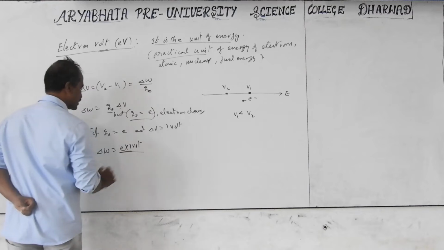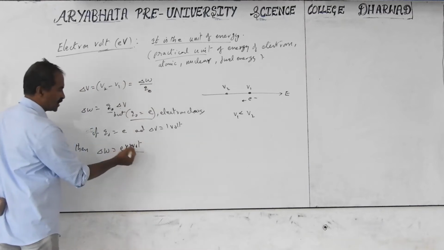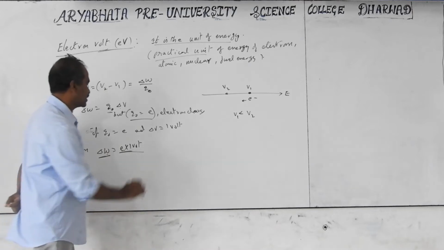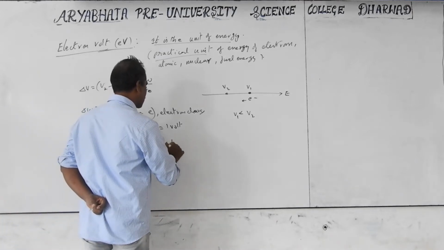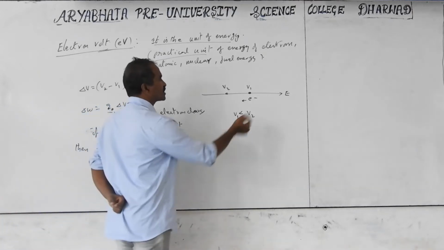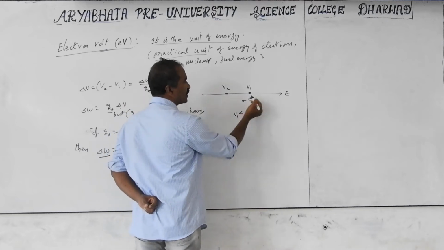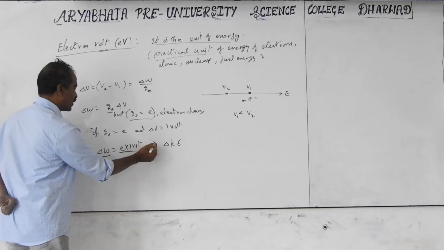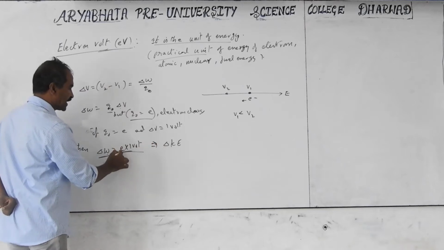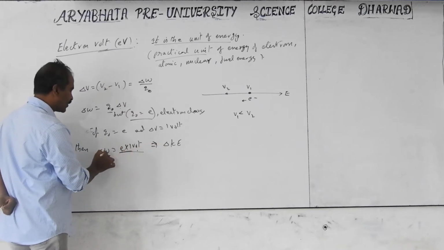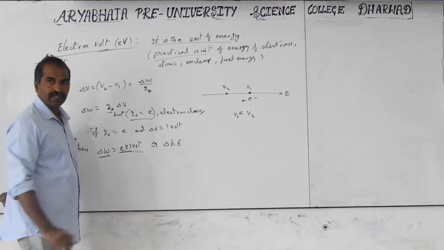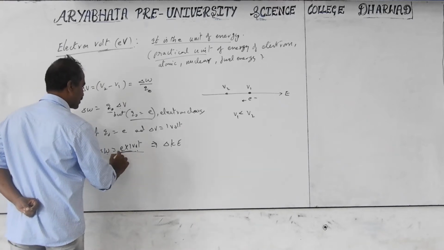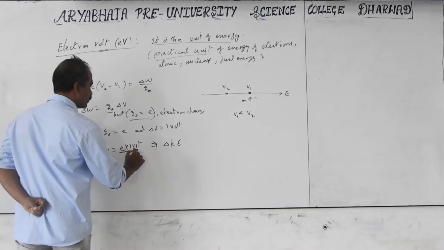This is the electron charge into 1. The work or energy is in joules. This appears as a change in kinetic energy of the electron. If it is starting from rest or already in motion, velocity increases and kinetic energy increases. So kinetic energy change is equal to work done. Hence, this energy is in joules. So we take the electron volt as a unit of energy or work done. 1 electron volt is equal to 1 electron charge into 1 volt.